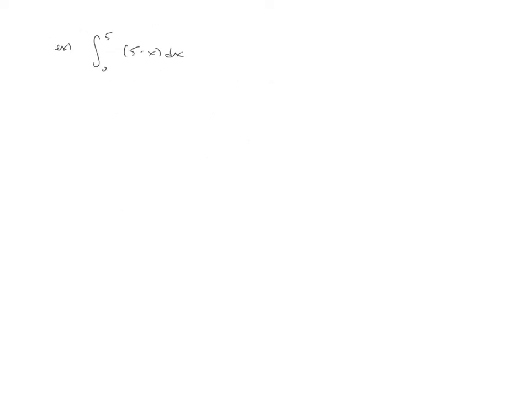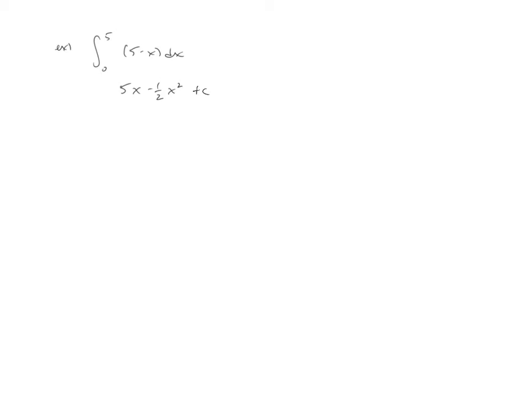Okay? So to compute a definite integral, we really don't do anything different through the integration until the end. So just ignore the 0 and the 5 for now, and let's integrate this as we usually would. For integrals, we know we add 1 and divide. So here we would get our 5x minus 1/2 x squared. Remember, an integral and an antiderivative are the same thing in the sense that if I now take the derivative of this, I should end up with that. Okay? Now, all's well and good. I can't forget my plus c either,